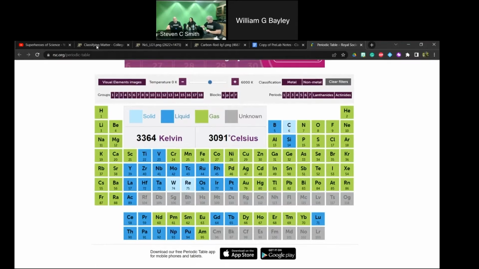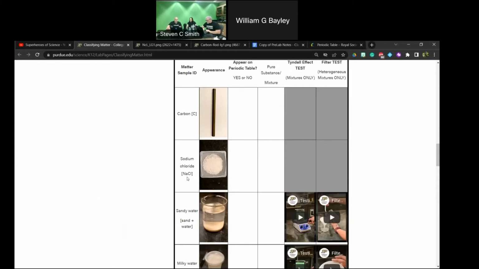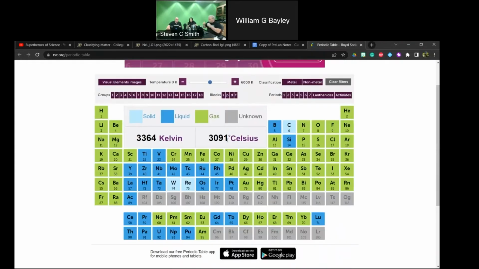If I go back to my table here and I see sodium chloride, it's an NaCl. I have had students say, actually, it was my very first year teaching, and this poor kid was taking a test, and he was really frantic, looking around. We got to about 10 minutes left in the class, and he came up to me and said, Mrs. Nern, I've just been looking, and I just can't find sugar anywhere on the periodic table. I said, oh, John, sugar is not on the periodic table.